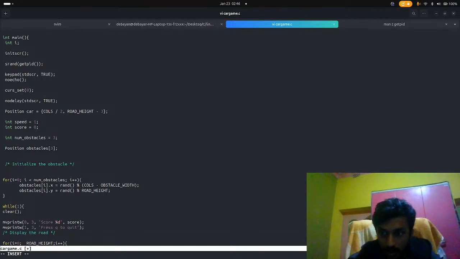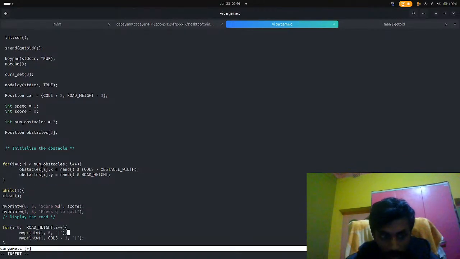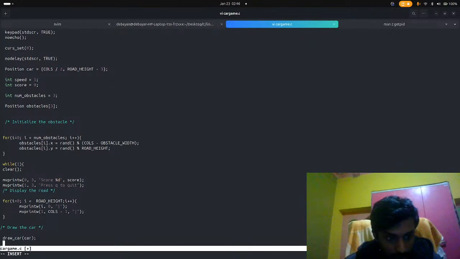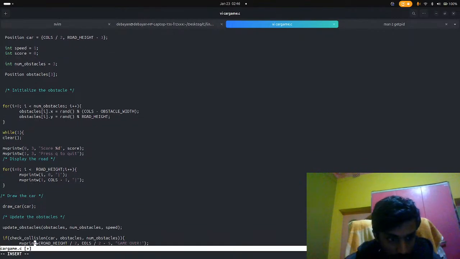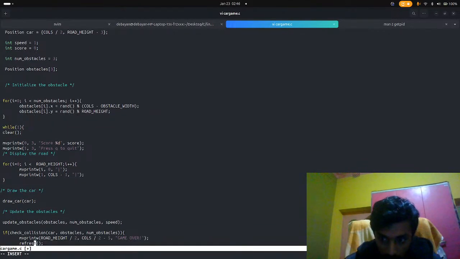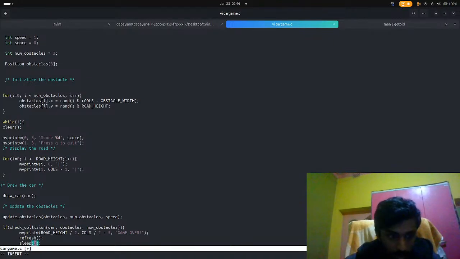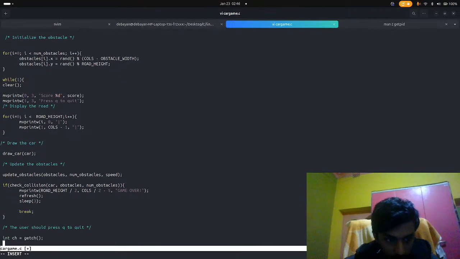All right, then draw the road, 0 to i should be greater than road width. Then draw the car, update the obstacles, check if the collision occurs, car obstacle, refresh, sleep, break. All right,